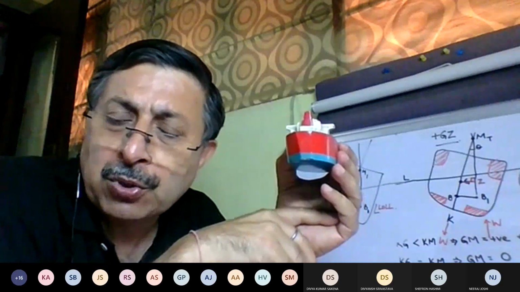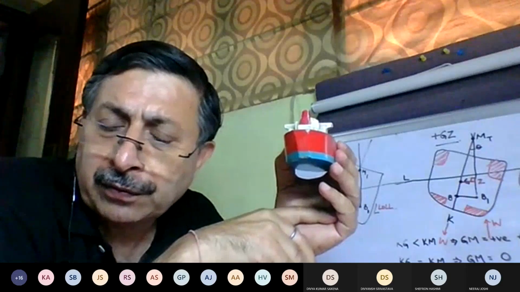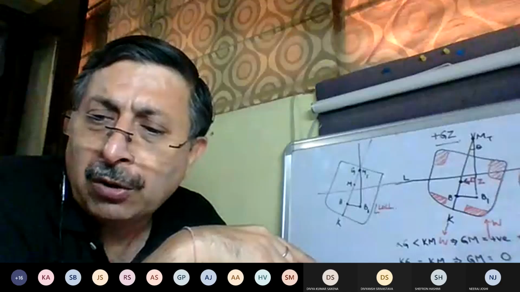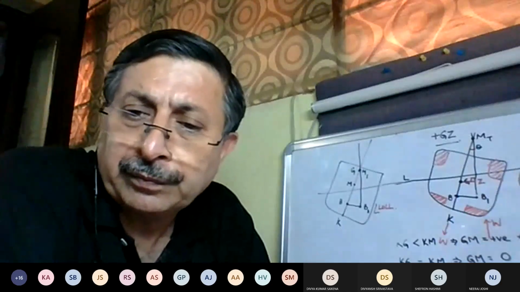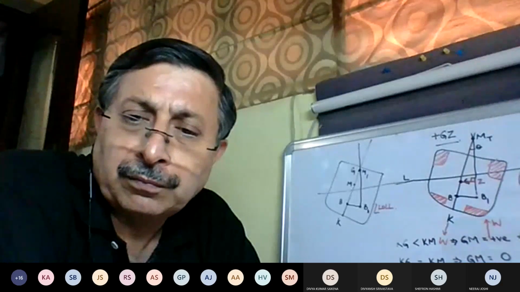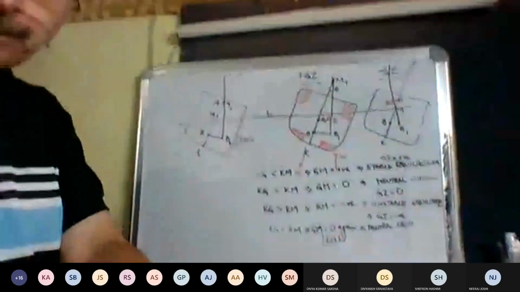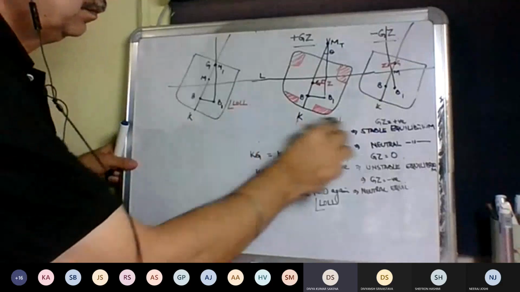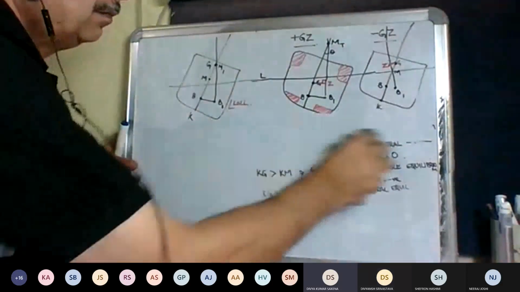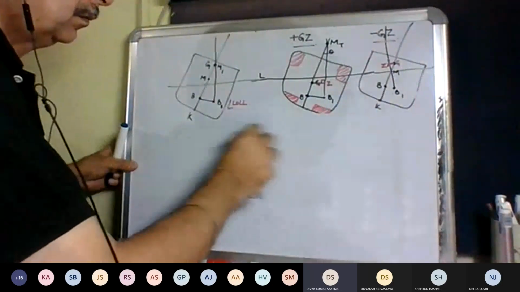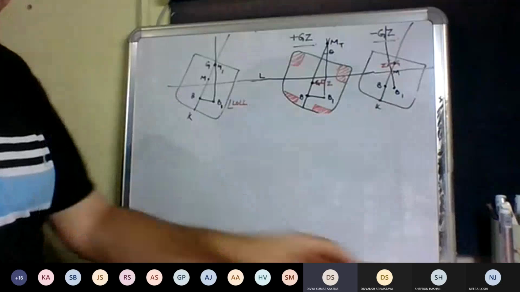Then another ships which go to an angle of loll are container carriers. Now you tell me how container carriers can go to an angle of loll. Containers. How do container ships go to an angle of loll? Sir, they also load containers, center of gravity ऊपर रहता है उसका. So they also load containers on very high tiers. That's why KG increases and GM reduces.